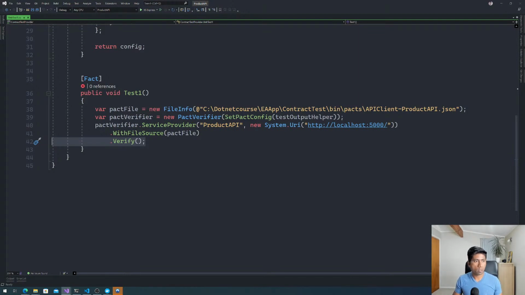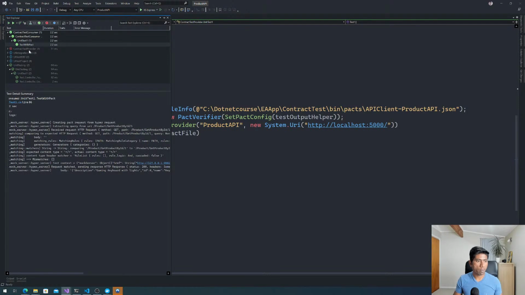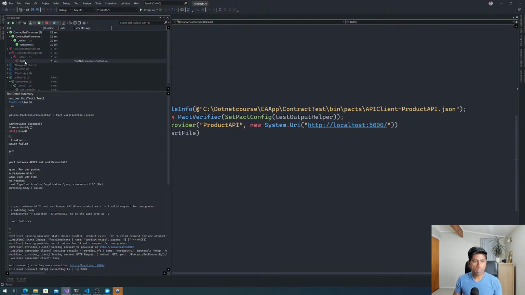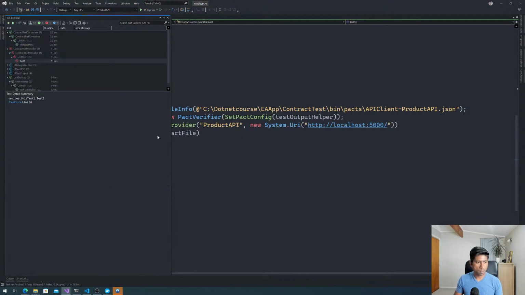So let's see how it actually works. This is all theory, and you would already have understood that, since I told you the first time. So now I'm going to execute this test, and it's going to fail, but I'll show you what is going to happen behind the scenes. So while I execute,